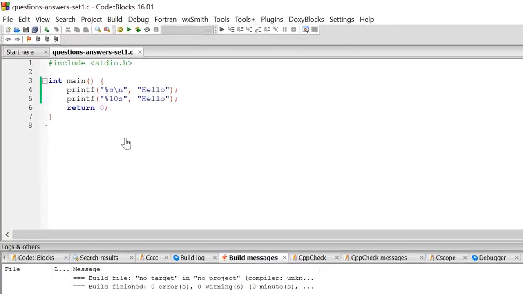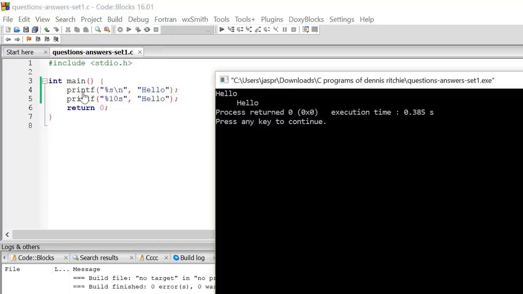Here I changed the code a little bit to actually differentiate between these two statements. Let's execute the code. First printf prints hello simply on the screen, while the second printf prints hello but after some white spaces. This is because of this 10.